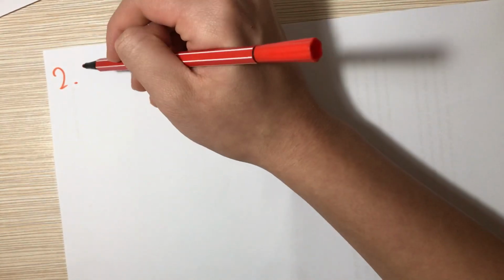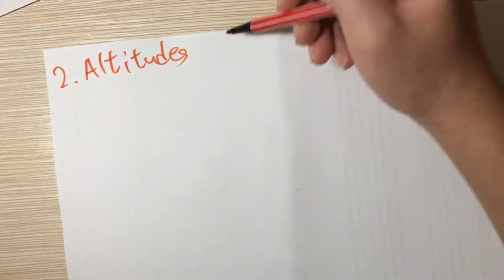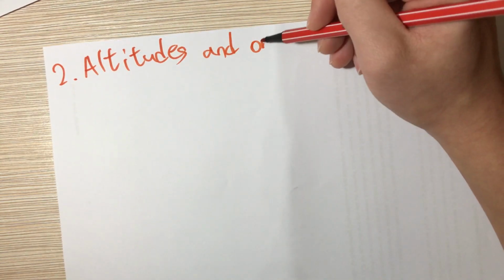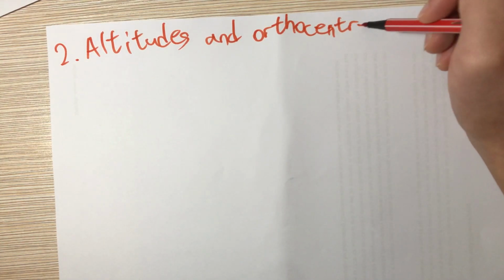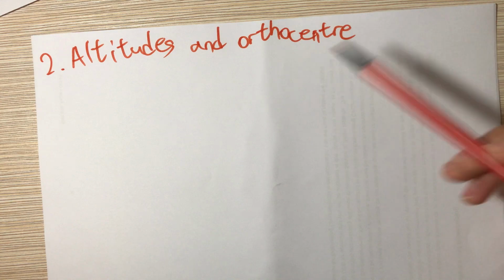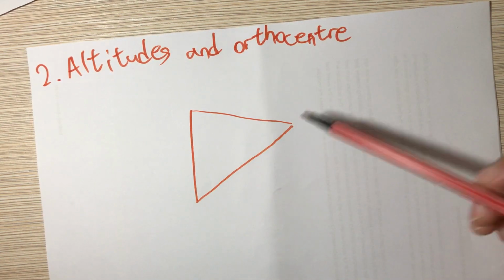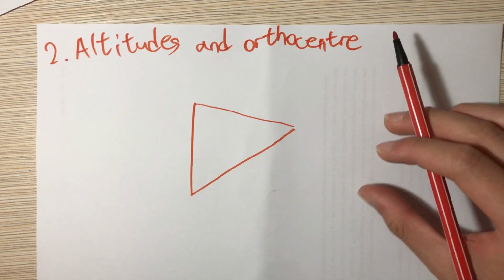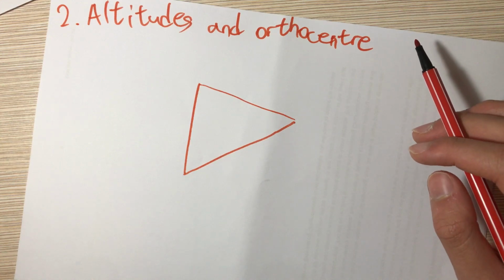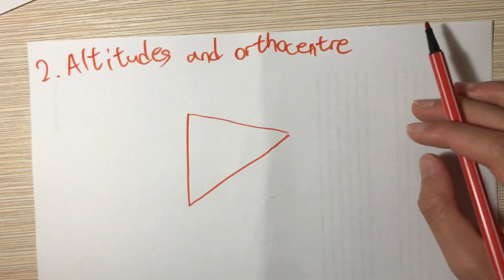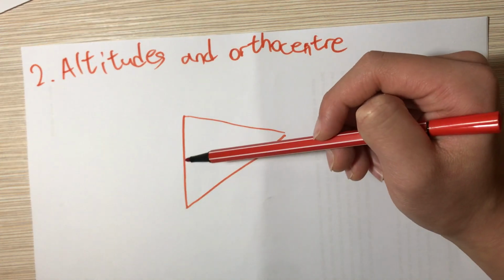Number 2, altitudes and orthocenter. Okay, now again we have a triangle, no matter what it is. An altitude is a perpendicular line segment drawn from a vertex of a triangle to its opposite side. Okay, the